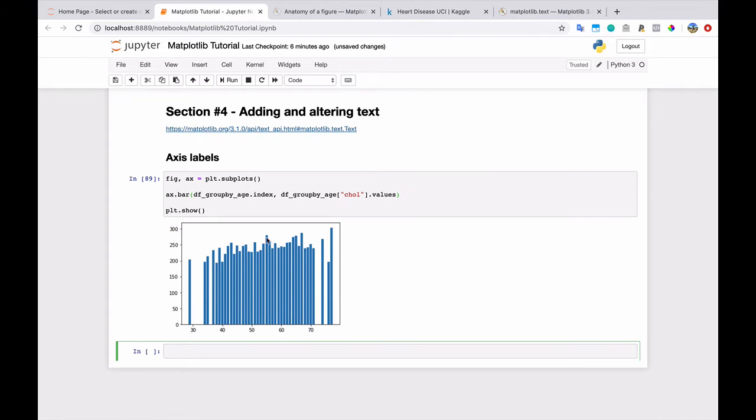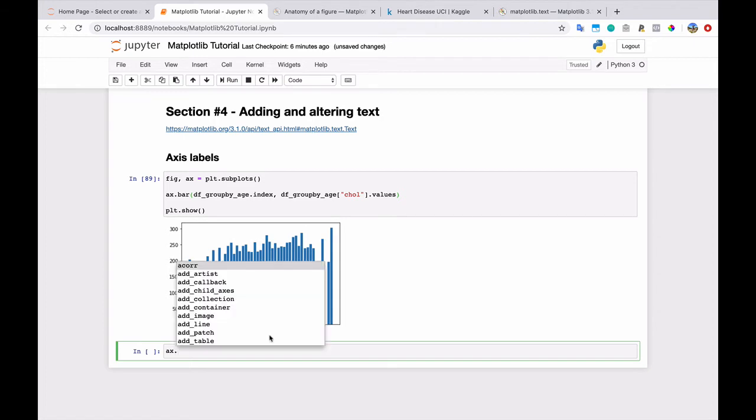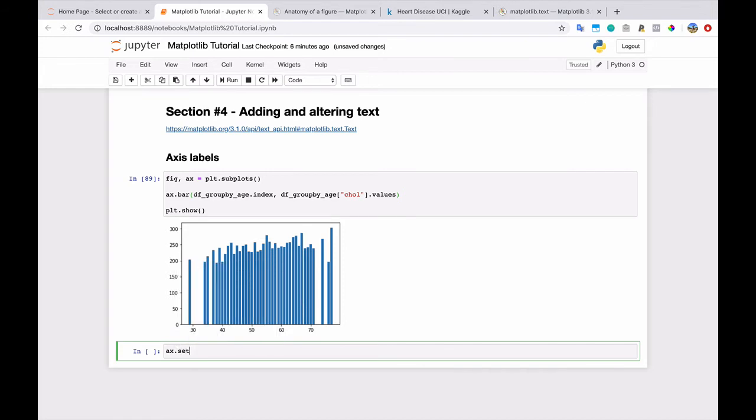So first things first, our audience has no idea what the x-axis and the y-axis are supposed to mean here. So the way that we do that is I'll actually show you on the object first. So ax, I'll hit dot, hit tab. Let's look at all of our different methods here. So it's the set. So you'll start seeing all the different things that you can set come up here as I type in set